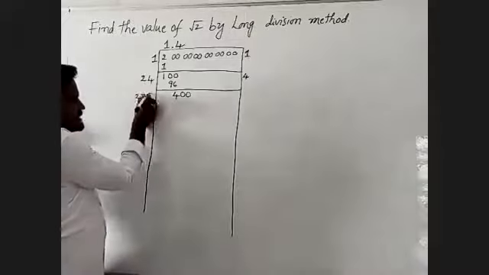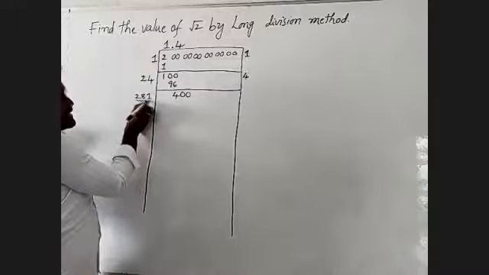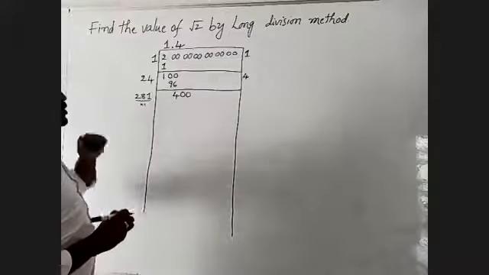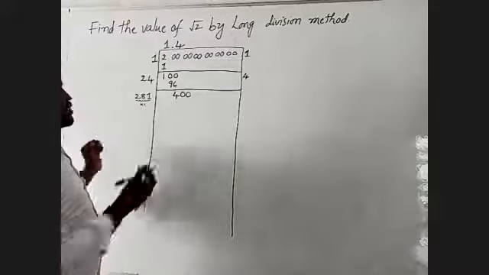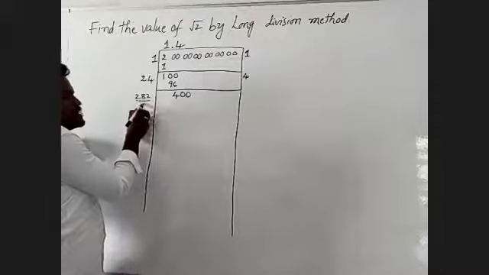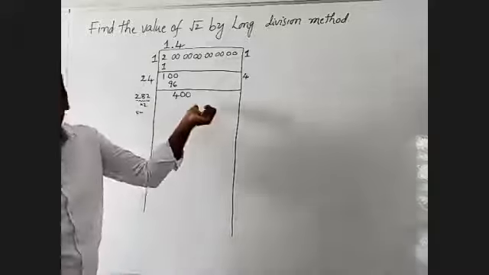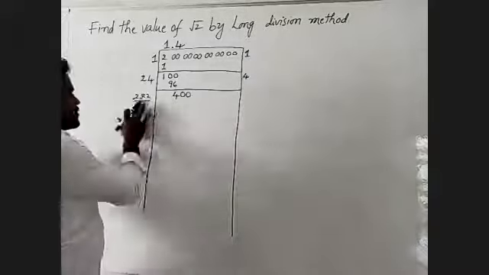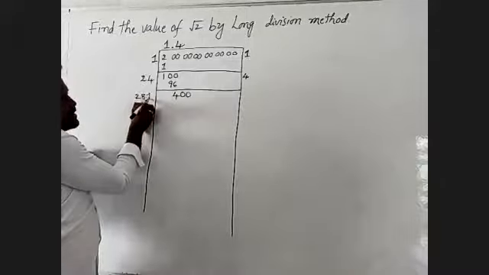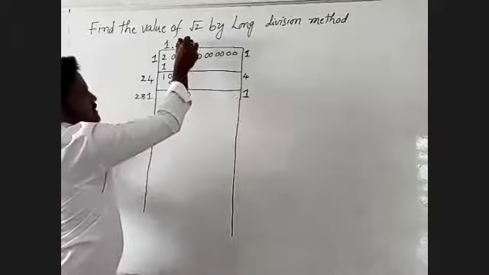If we take the number 1, then this entire number can be multiplied by 1. That is 281 into 1 becomes 281. We will take this place by 2. 282 into 2 becomes 500-something. This given value is only 400. Why? Because it can multiply by only 1. If in the unit place we take 1, it can be multiplied by only 1. That we have to take in this place.